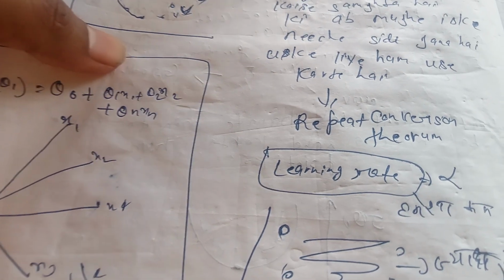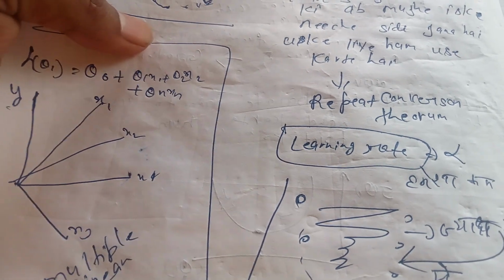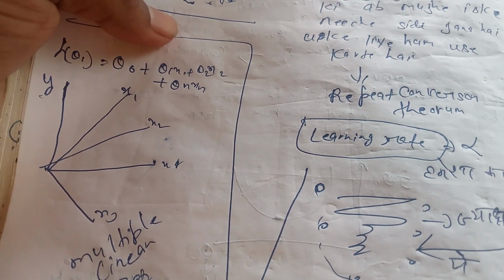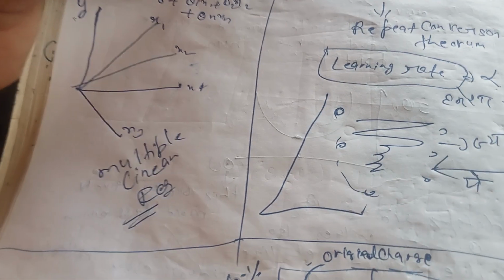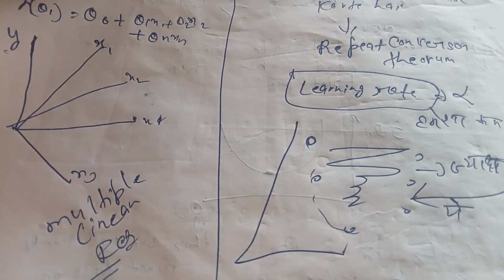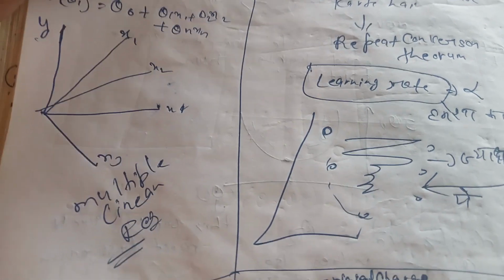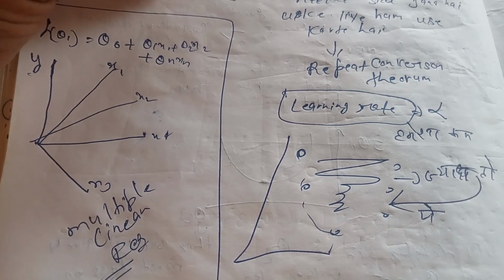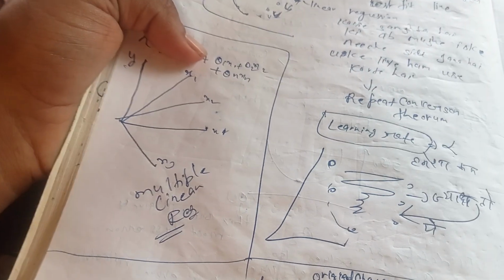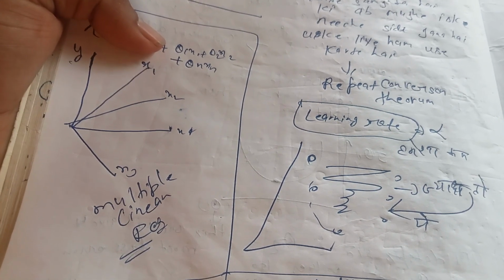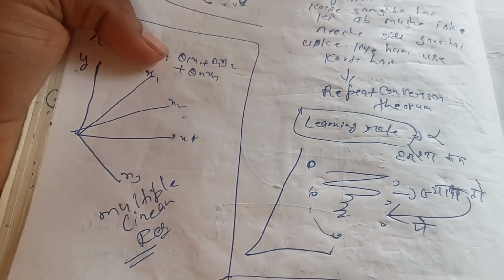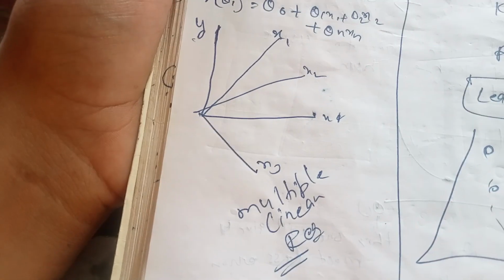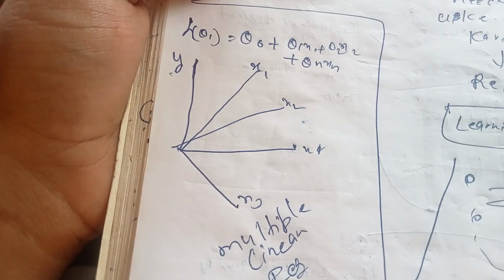For that we use the repeat convergence theorem, and we have a learning rate, and we always have to take a very low value of learning rate, because if you take a very large value of learning rate, then you are not able to reach the global minima. So we have to take the value of learning rate very low. Okay, तो हमेशा कम लेते हैं